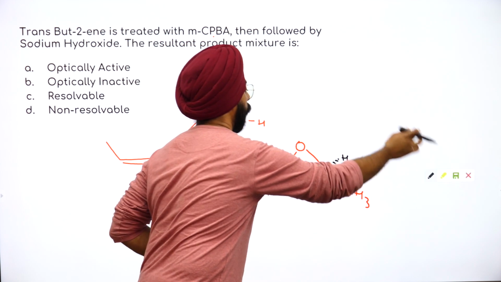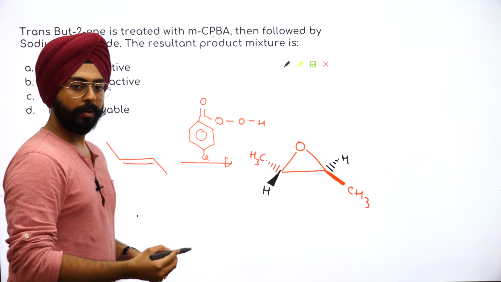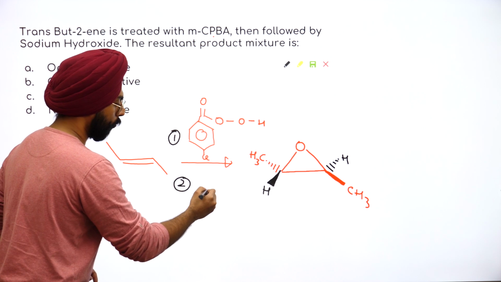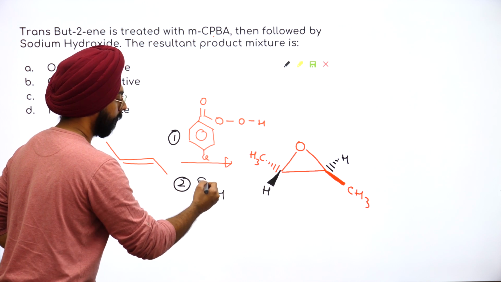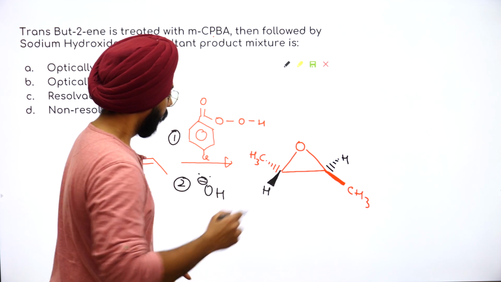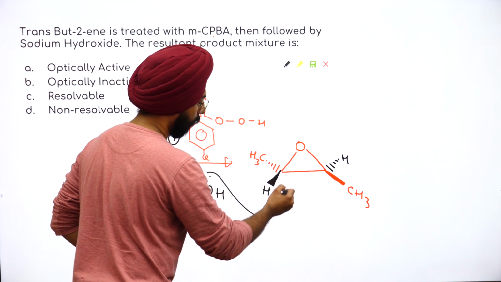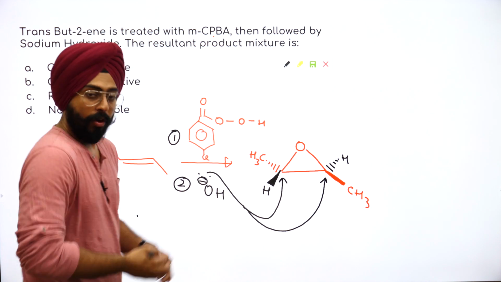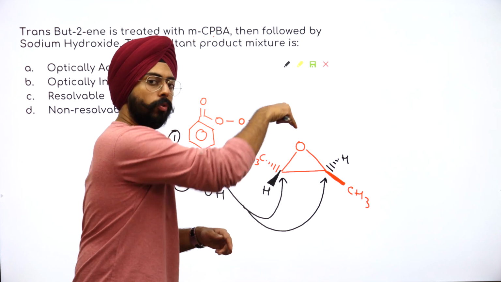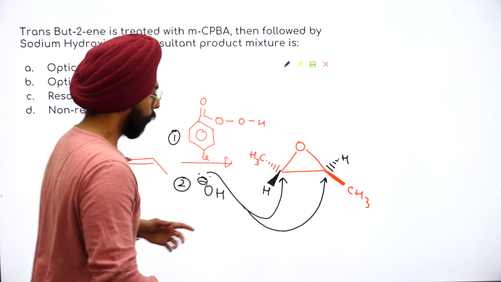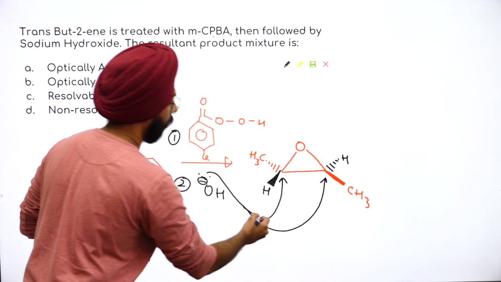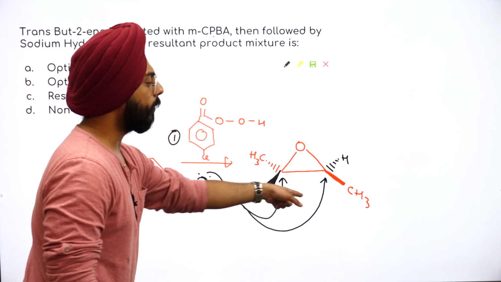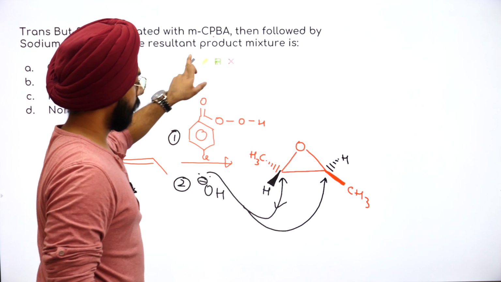Yes, now people, what is the next step? The next step is, this was the first step, the next step is you are attacking it with OH negative, NaOH, OH negative मिल रहा है. Now the OH negative can attack over here or it can attack over here. From the bottom, yes, ऊपर से नहीं आएगा because on the top there's already an oxygen, so it will come from the bottom. Let's try to make this case. Okay, ये वाला केस बनाते हैं. Let's try to make this case and then we'll realize whether we need to make the second case or not.